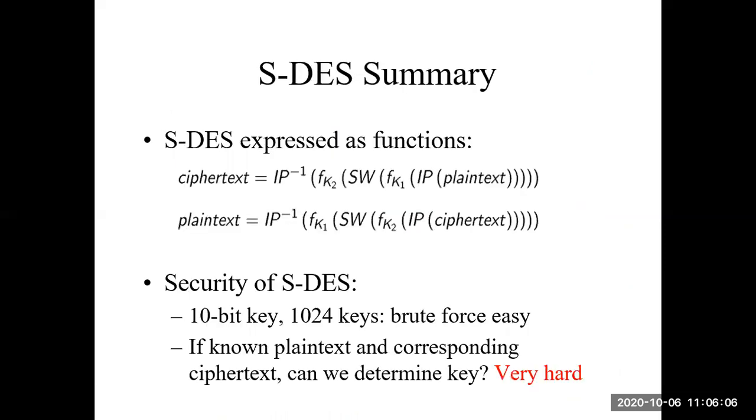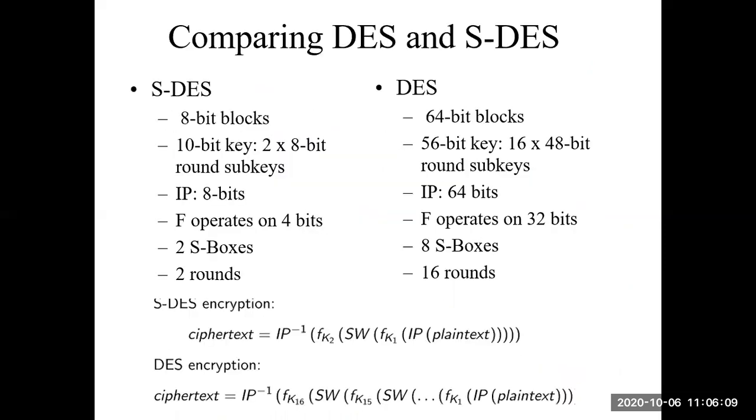Let's move on to the regular DES. The regular DES works with 64-bit blocks instead of 8-bit blocks, and here the key size will be 56 bits. Actually, we will start off with a 64-bit key, but we will reduce it to 56 bits in the first permutation. Everywhere we had 8 bits, we will be working with 64 bits.